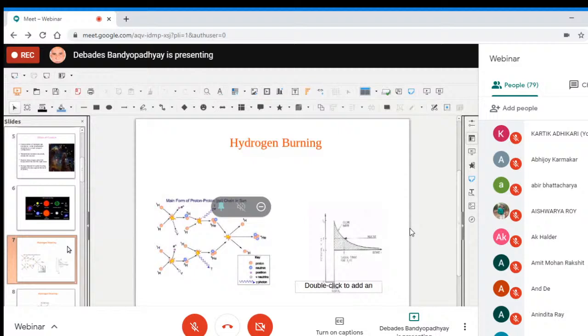On the left-hand side, you are seeing 2 hydrogen nuclei fusing and producing a deuteron. Then another hydrogen nucleus fuses with the deuteron and produces a helium nucleus,